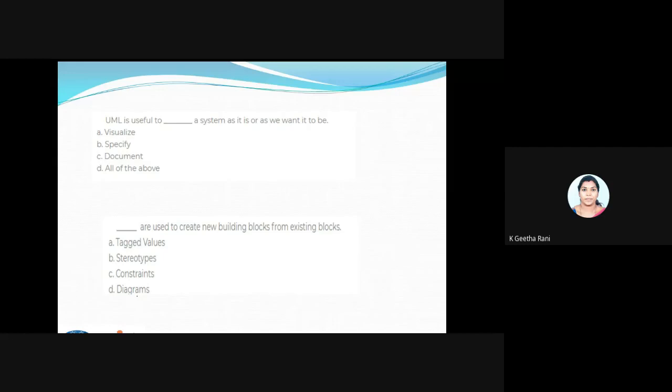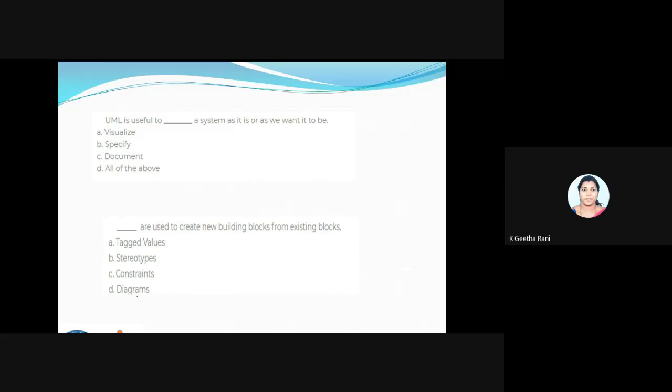I suppose the answer is visualize. Just think the answer once again. For everything, I'll be going for this UML. I need to visualize the analysis into a document in a clear design way. So I'll go for it.